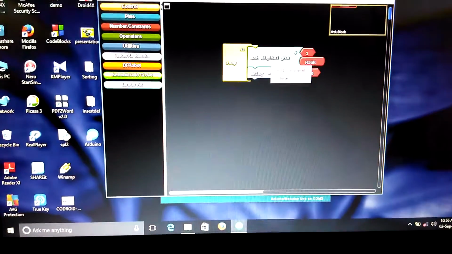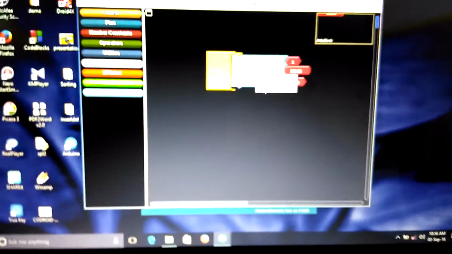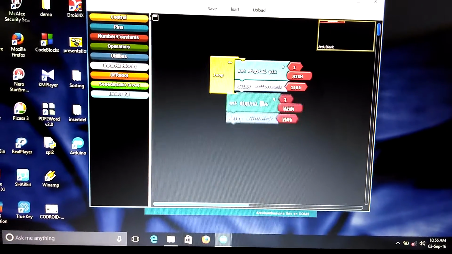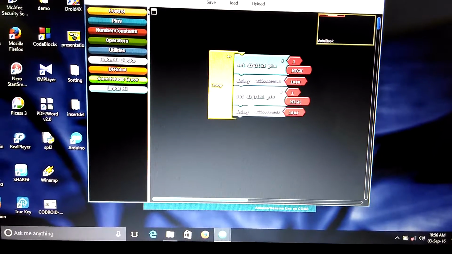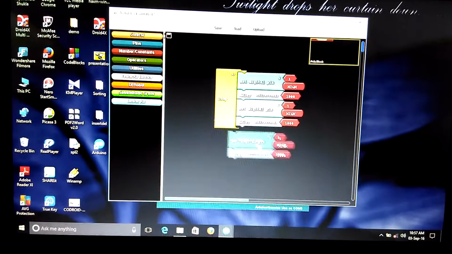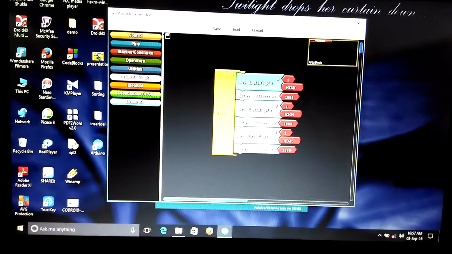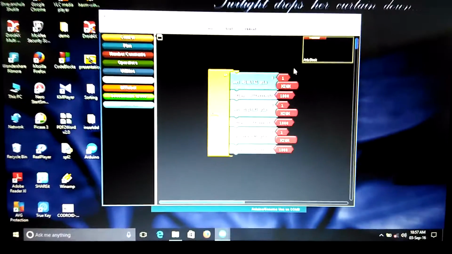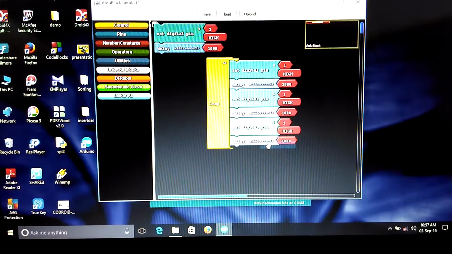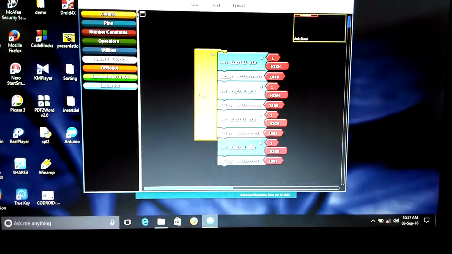Then you can clone it. See the clone option. Clone, and put this clone under this. Then clone it again. Okay guys, clone it and put this clone again under this. This is the setup for one LED, so we'll do like this, and we'll make a setup for 3 LEDs, as we have put 3 LEDs.